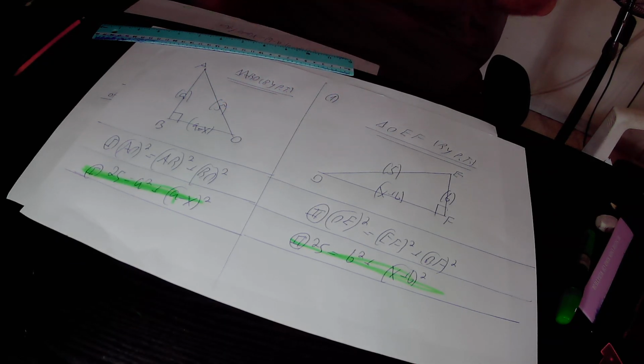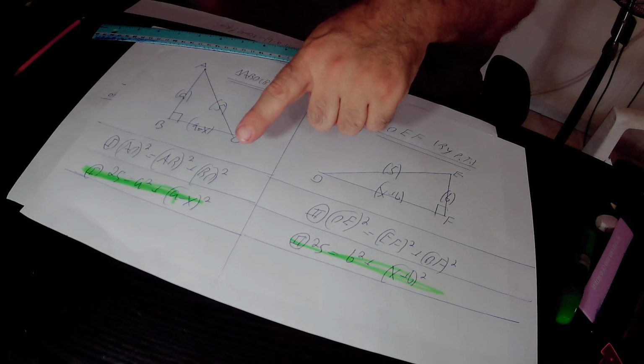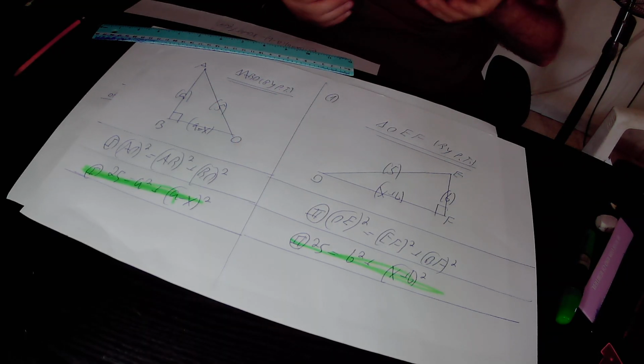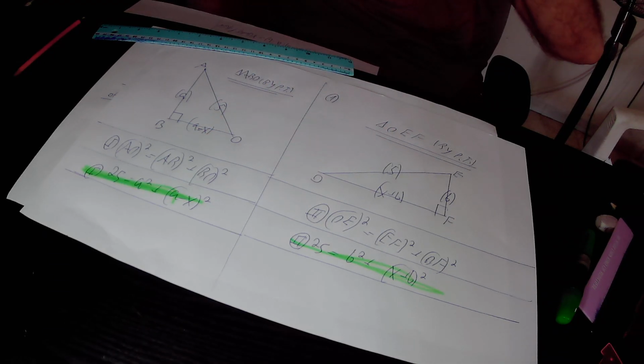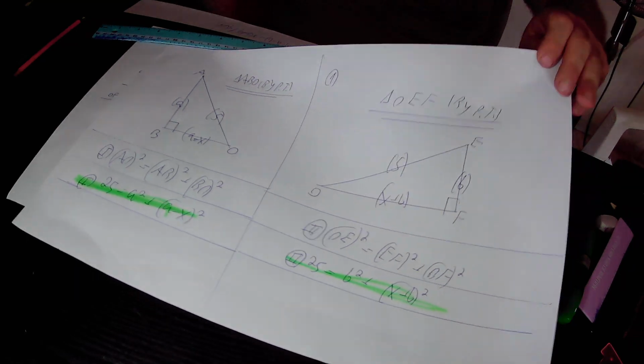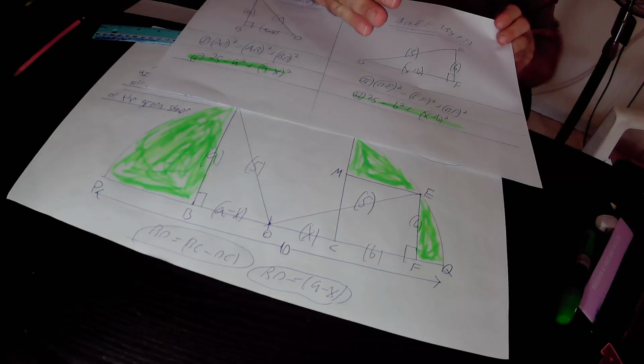AB is 8, therefore AB squared is A squared plus BO squared. BO is A minus X, therefore BO squared is (A minus X) squared. So in total, according to equation 1, we found that 25 equals A squared plus (A minus X) squared. Likewise, I copied the right triangle OEF onto a new page and applied the Pythagoras theorem to this